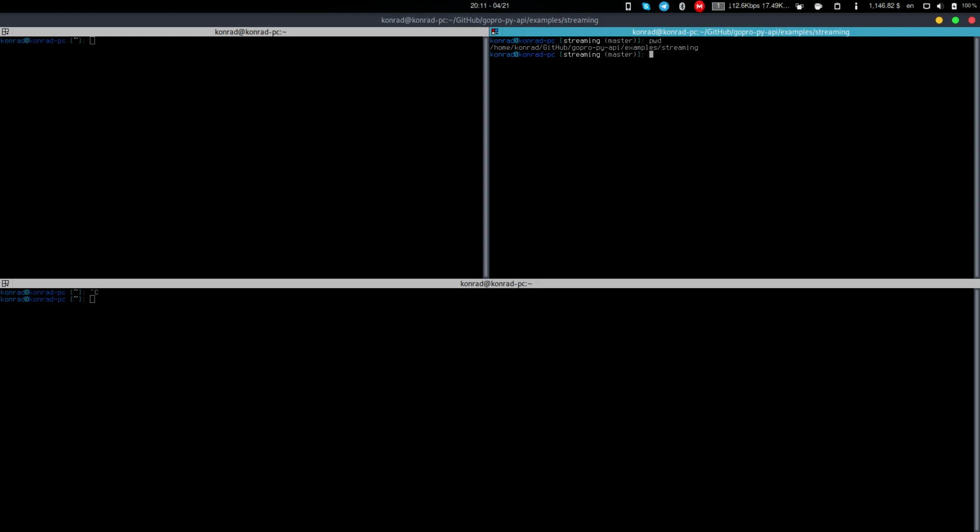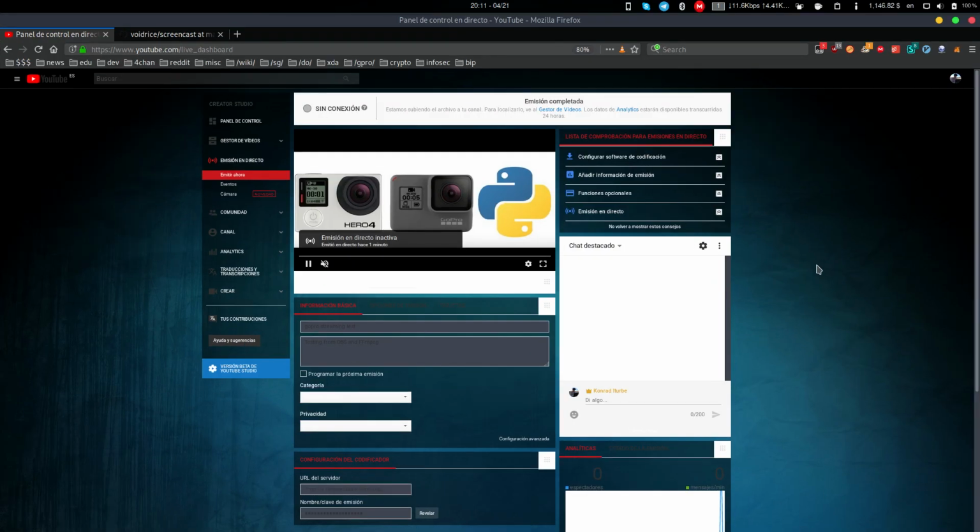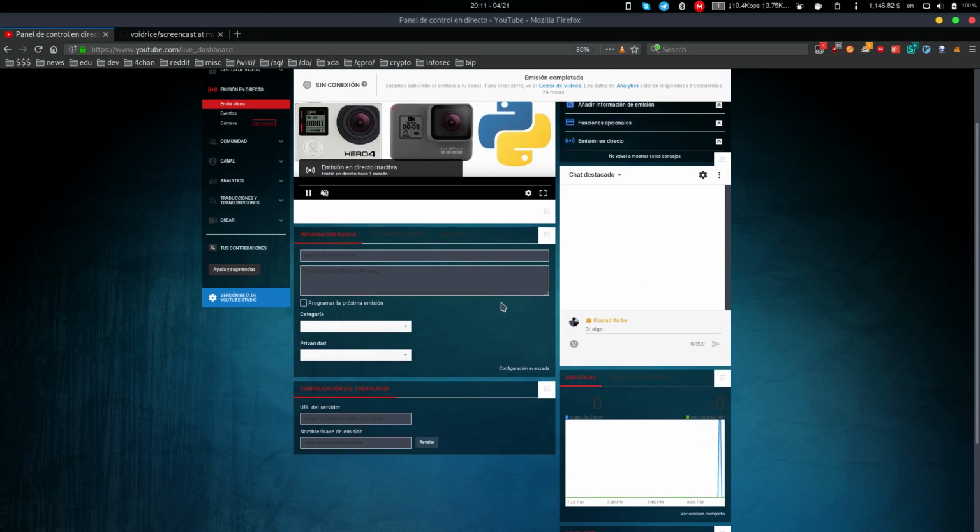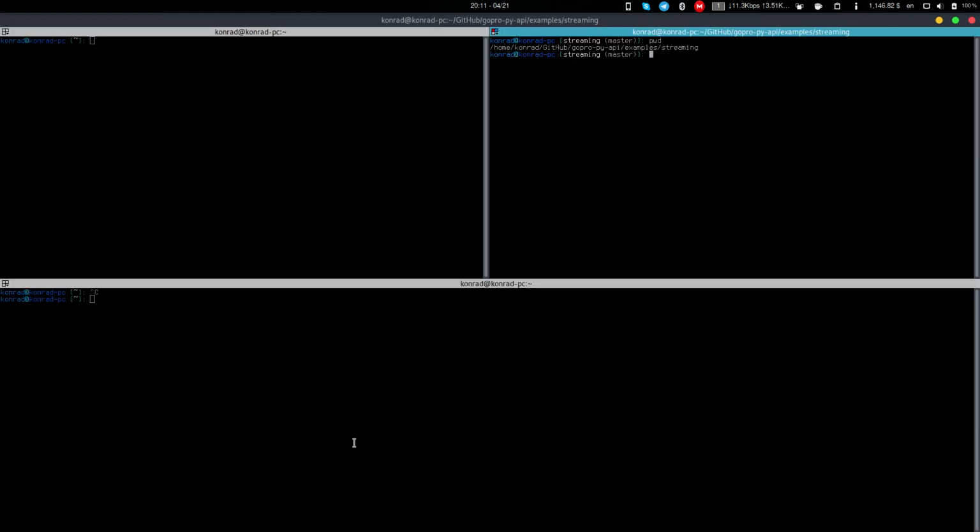So I'm going to show you how you can get your stream key. You go to your YouTube live dashboard, and you go to where it says configuration. It says stream key, and you copy that, and now I'm going to show you where you put it. So in streaming, there are two files. I have them over at my desktop, so you can go to